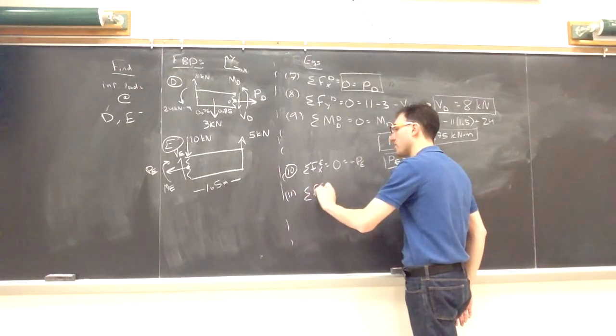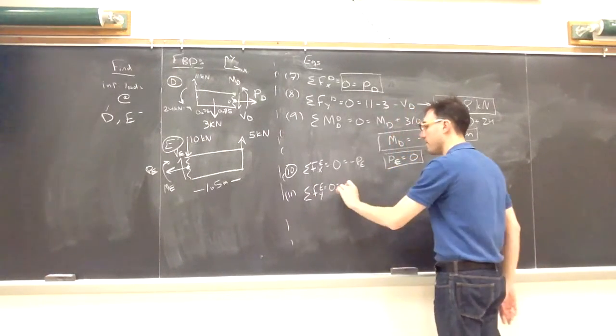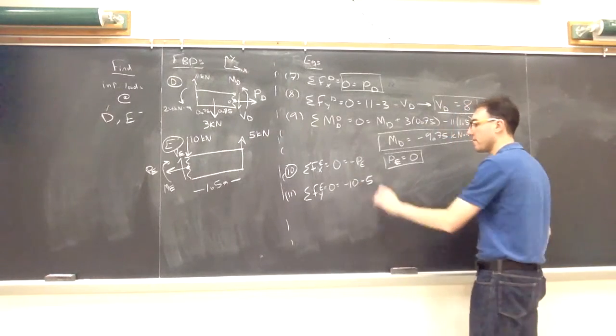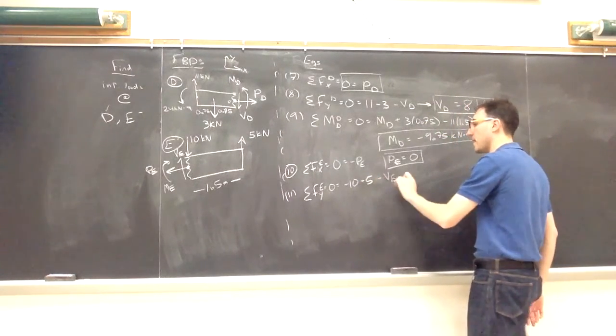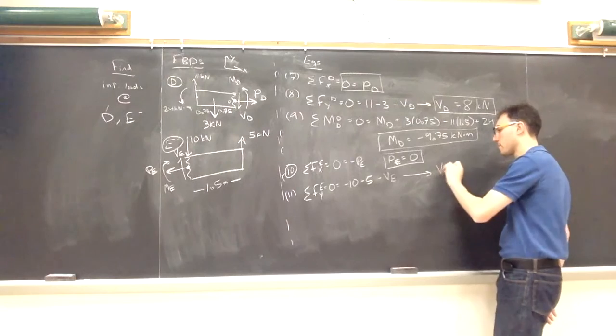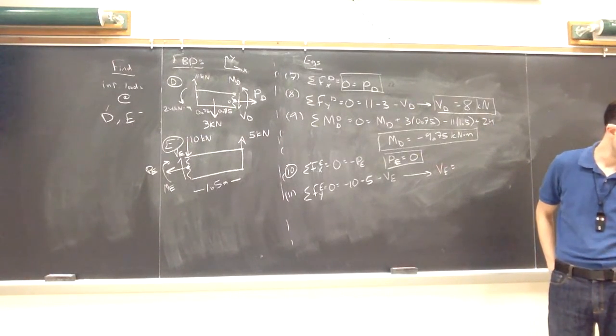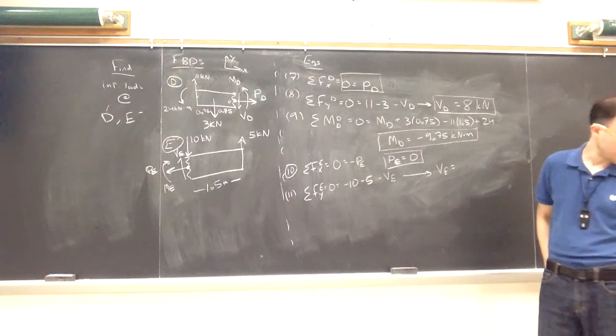In the y direction, I have the applied load negative 10, the roller is 5, and I assume VE is up. So the internal shear force I have in this picture at VE, I should get a